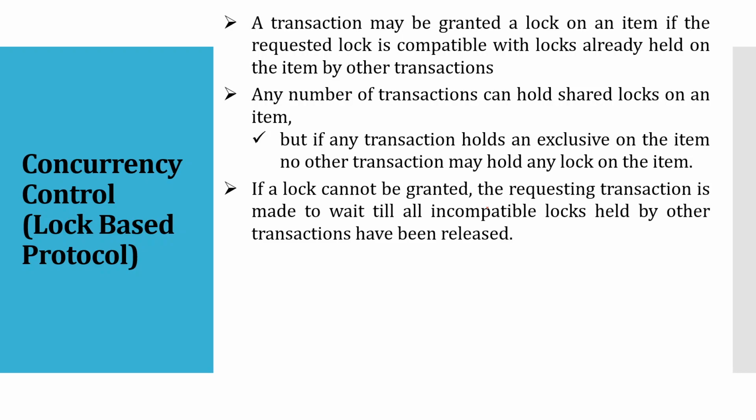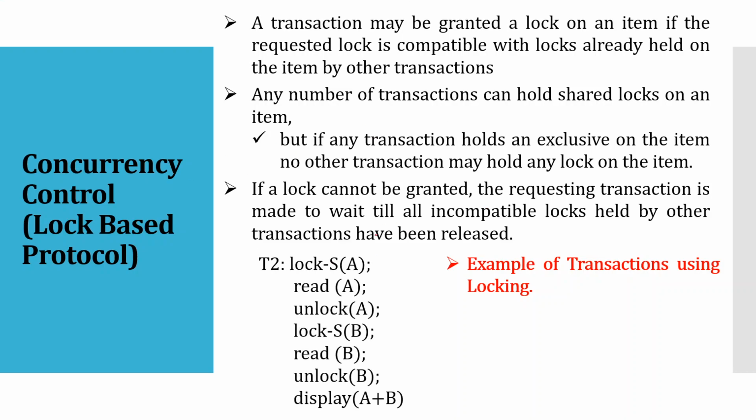As I said, if the transaction commits and releases all the locks, then and only then will other transactions be allowed to use those locks and access the data item. So they have to wait till the first transaction releases all types of locks, right? So this is an example of a transaction using locking.